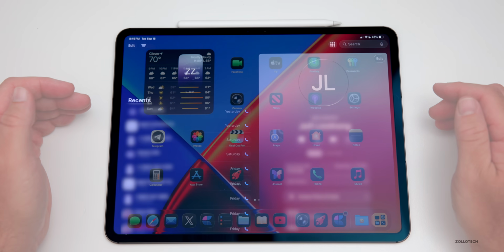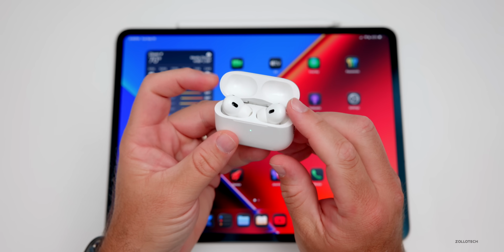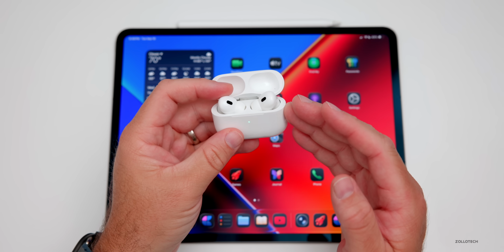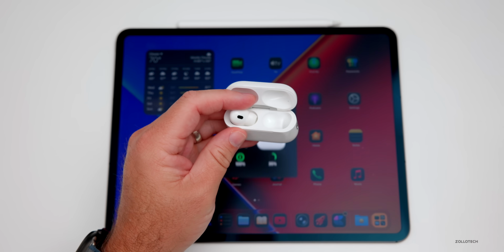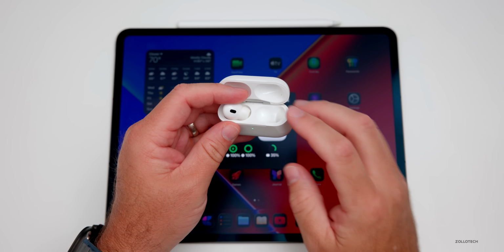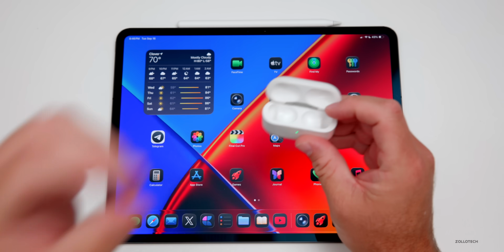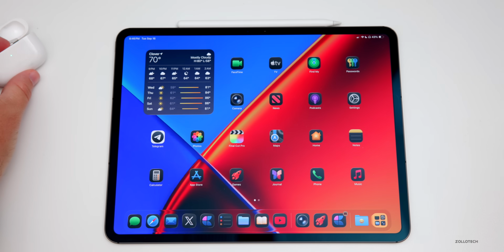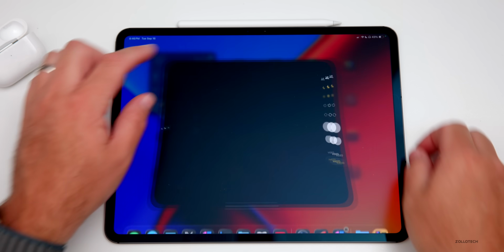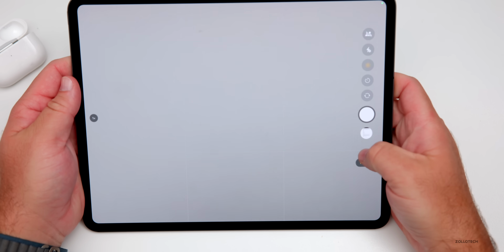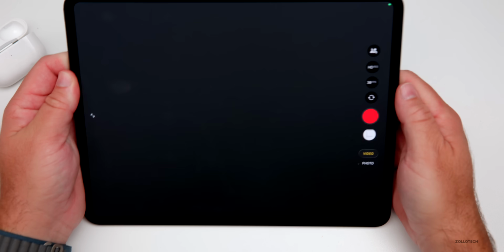Now, if I bring in my AirPods, one new feature that goes along with the new AirPods update I covered the other day, and also iPadOS, is we can use these as high-quality microphones now that they're updated. So whether that's in the camera app, maybe a meeting app. So let's go ahead and go into the camera here. So we'll go into camera, we'll turn this around, we'll go into video mode, spin it around here,